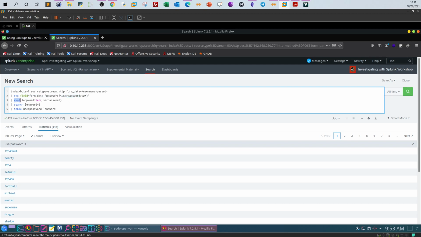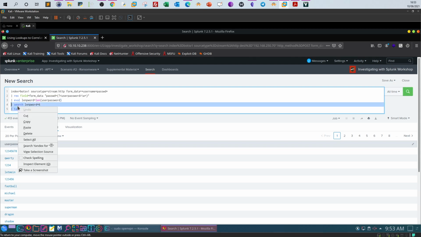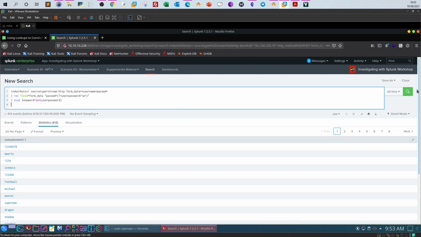Then we use the eval command. And eval here, actually it's not a function, it's a command. So we use eval and the function len on the password to calculate the length of the user password field. So let's break this down. If we cut this and run this command,